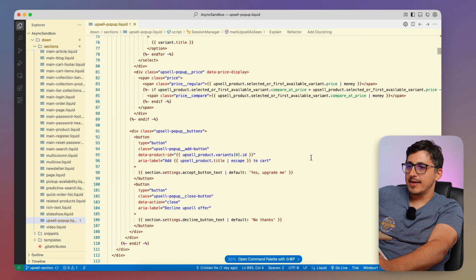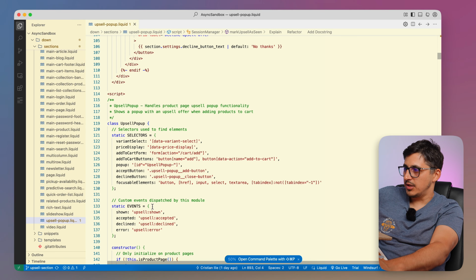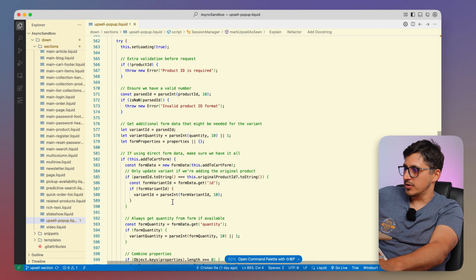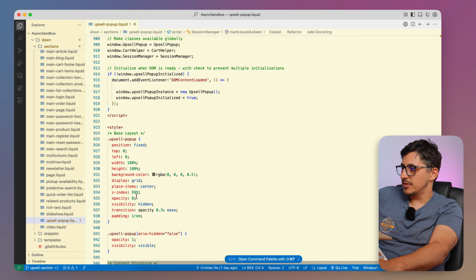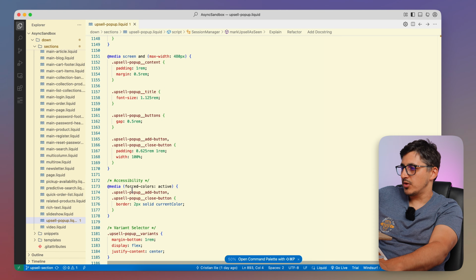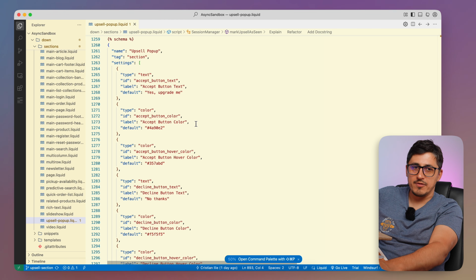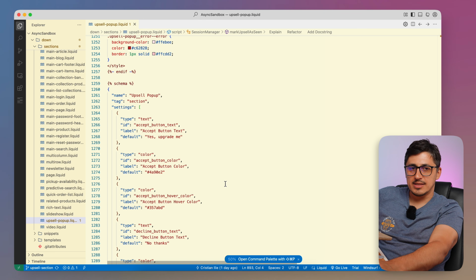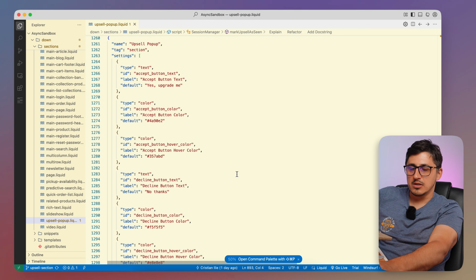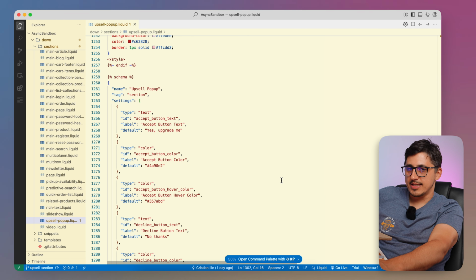So now after having all the markup, so we have all the markup at the top, we have the JavaScript here inside this long script, and then we have at the bottom the styling. After doing all of this, I had to generate some schema because I wanted to give the merchant a couple of settings on this section. So I went and I've added some customizations like the text on the button, the color of the button, the color of the hover, and so on. So after adding all the settings on this section, I have my module ready